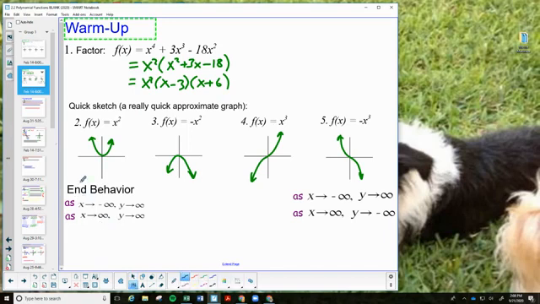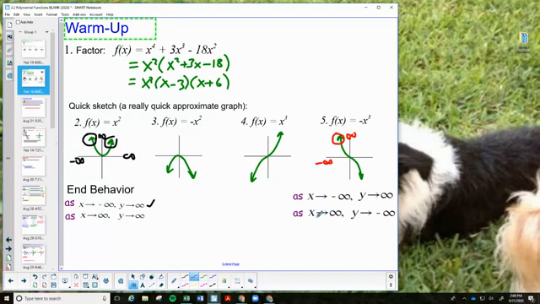As x approaches negative infinity, we're looking at this end of the graph, and you'll see that y is going up to positive infinity, that's that one. And as x goes to positive infinity, we're looking at this end of the graph, and it's also going up. Have a look at this one over here. As x is going to negative infinity, y is going up to positive